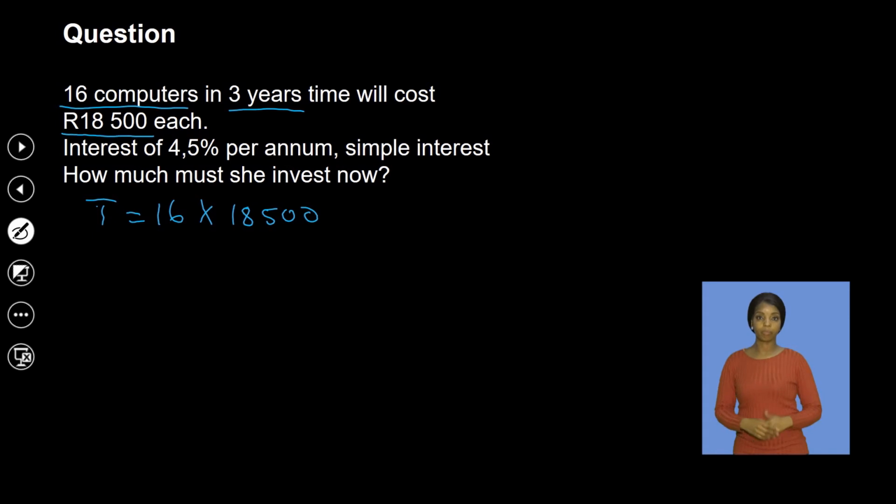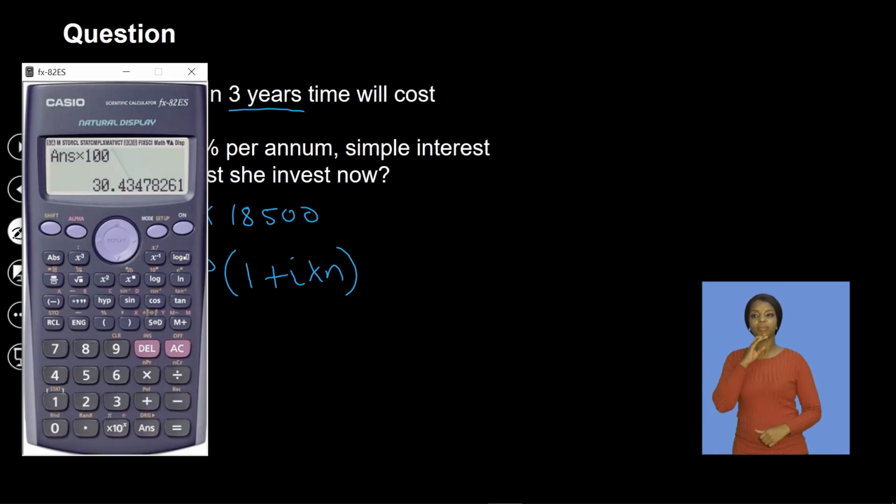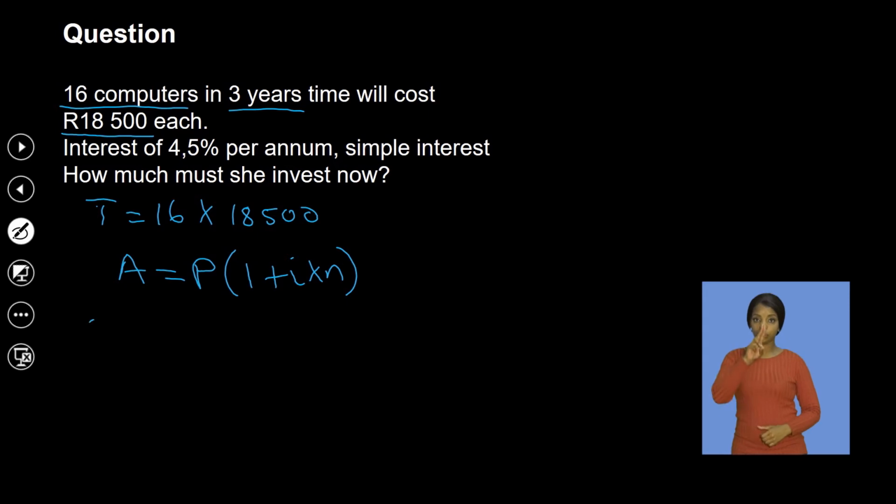And then the interest, which is charged at that. So this is simple interest. It will be A equals P into 1 plus I multiplied by N, right? The P is what I'm looking for. The A will be 16 multiplied by 18.5, which is actually 296,000, right? So A will be